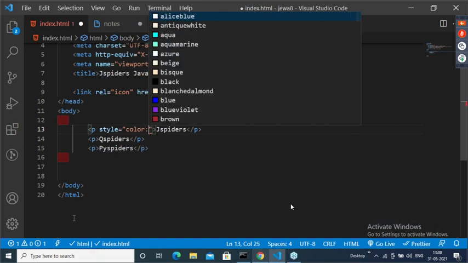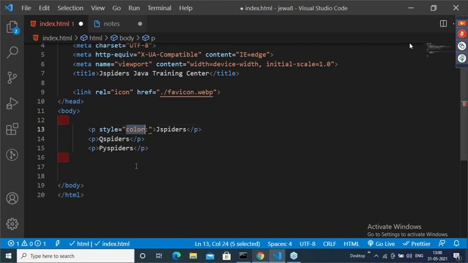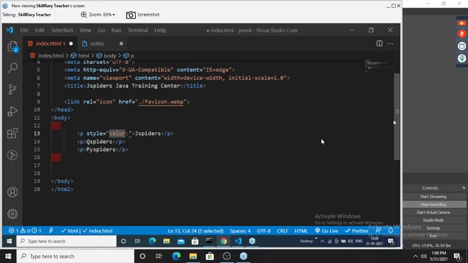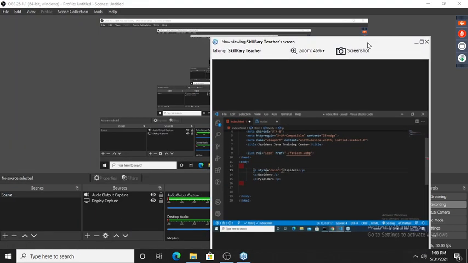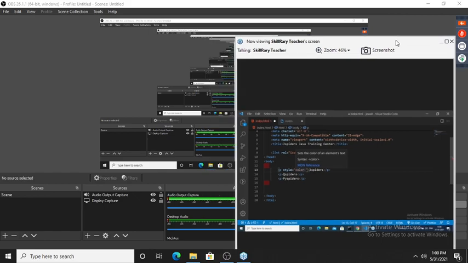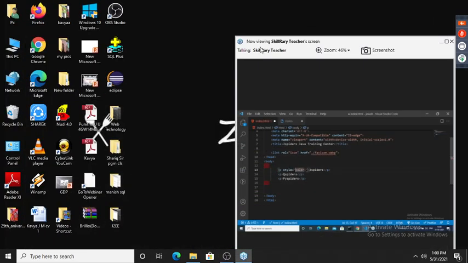We have more than hundreds of properties in CSS, guys. I am teaching just this basic property, so that we don't need to know any other property. So style is equal to, in double quotes or single quotes or without quotes, but good practice is double quotes,